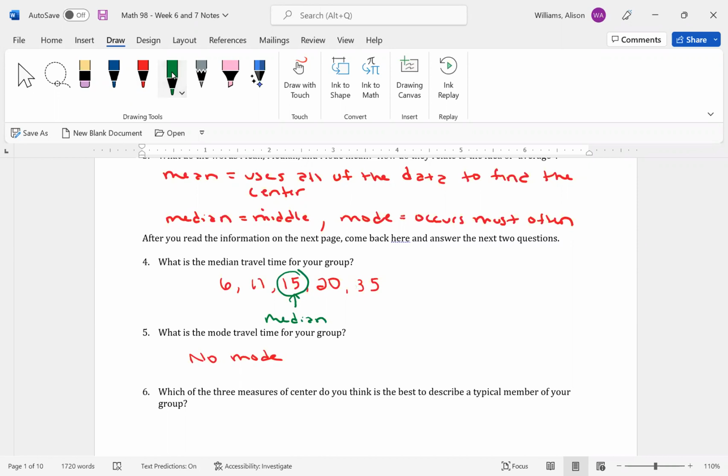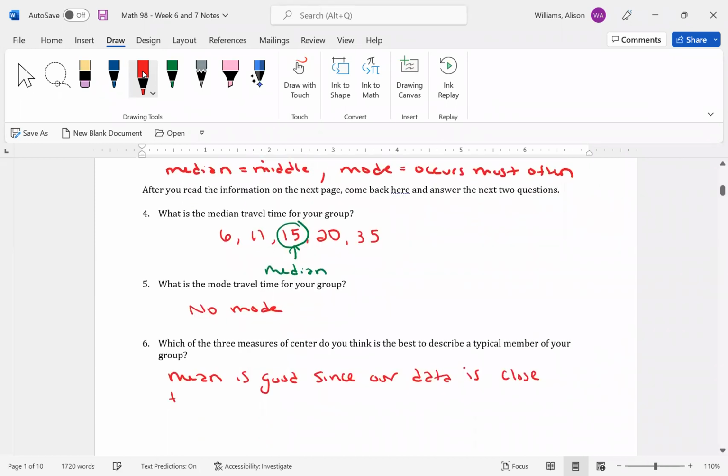So the mean is really good to use if the data is relatively grouped up, which our data is. So the mean is good since our data is close together. But the median would be good when you might have somebody whose data value is going to throw everybody off. And we call that person an outlier. So the median is good when a data value